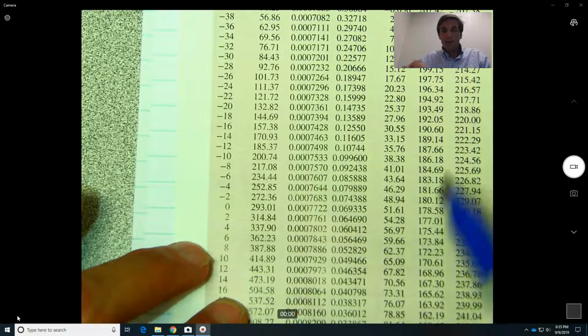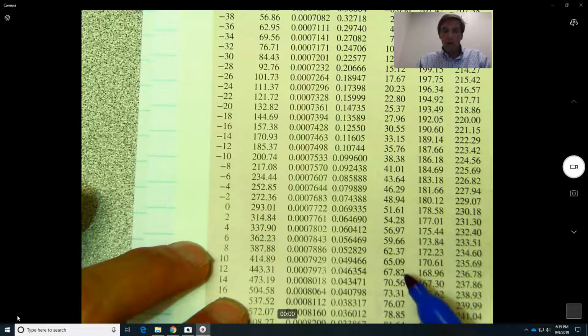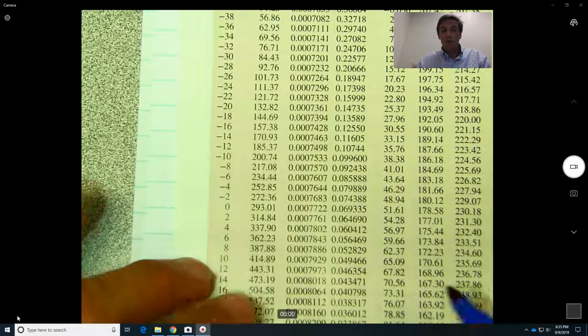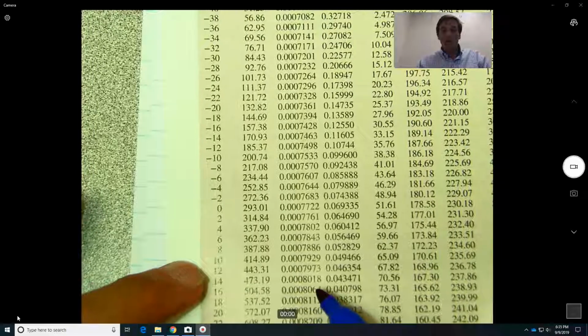And then U fluid, which is this column over here, we have 70.56 and 73.31. So if we add these two and divide by 2, and the same thing for these two,